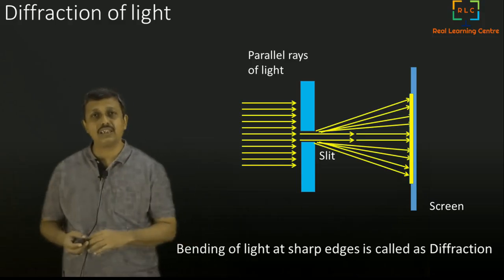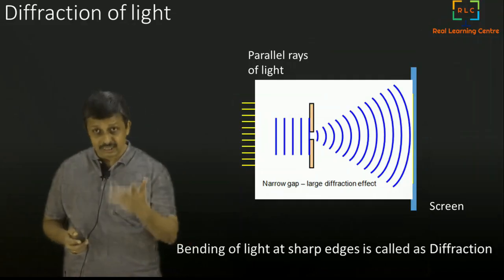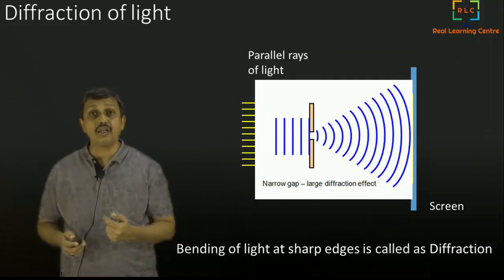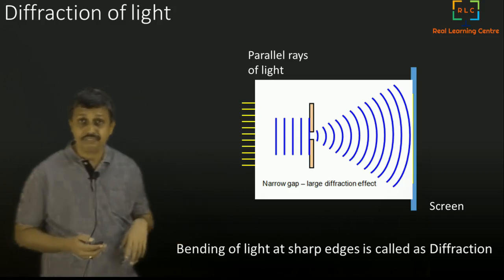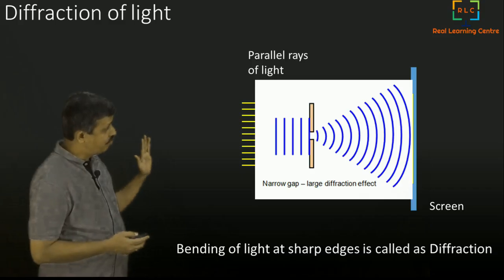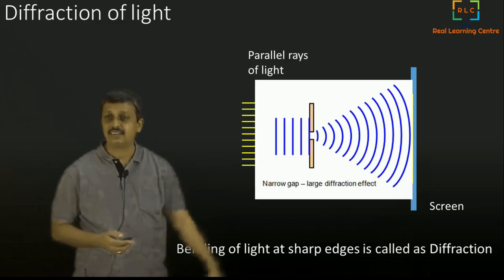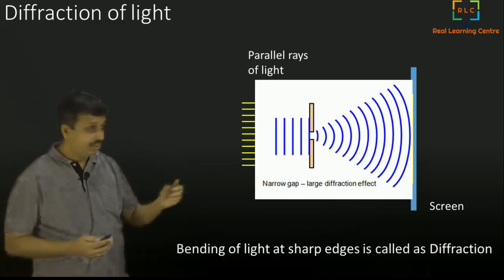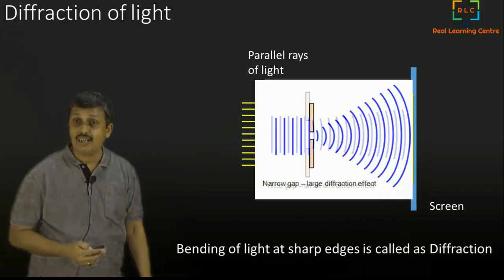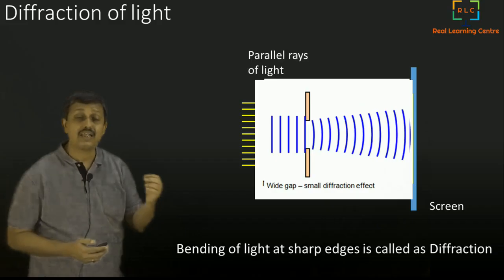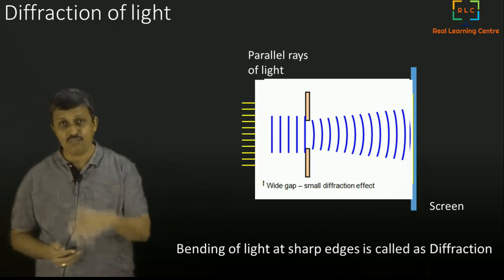So this now gives you an understanding of diffraction. When you talk about diffraction, you talk about waves, and you say it is like some wave moving here, and when it goes through that slit, the wave spreads like this. If it is a very small slit, the spread is more, and if it is a bigger slit, the spread is less. So this is the beauty of diffraction of light.